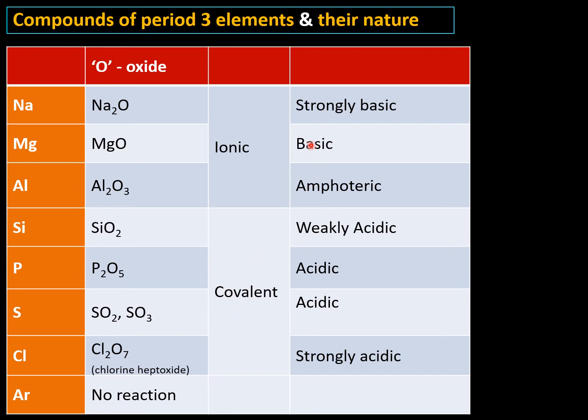Observe, oxides formed by the metals are strongly basic at this extreme, and on the other side, compounds formed by chlorine are strongly acidic in nature on the other extreme. Compounds which form in between, they start to deteriorate from that extreme point. Strongly basic, it starts to become less basic. Strongly acidic, it starts to become less acidic, and at the center we have amphoteric compound.